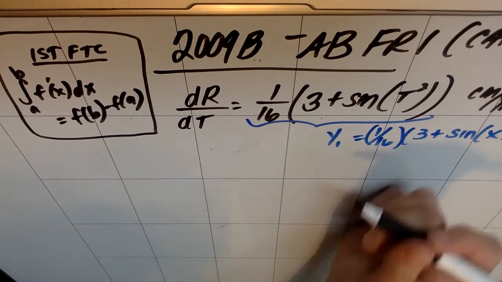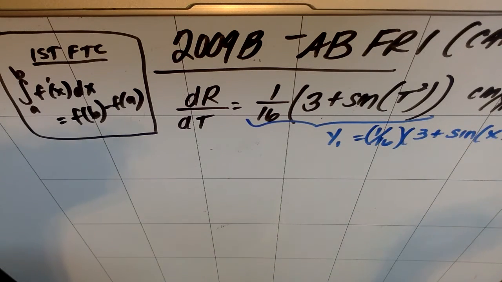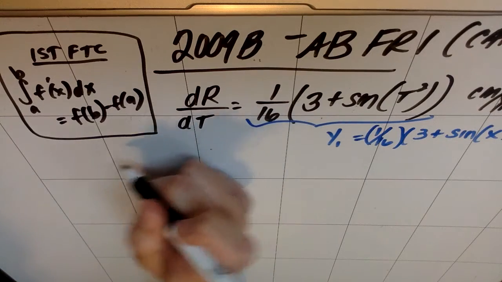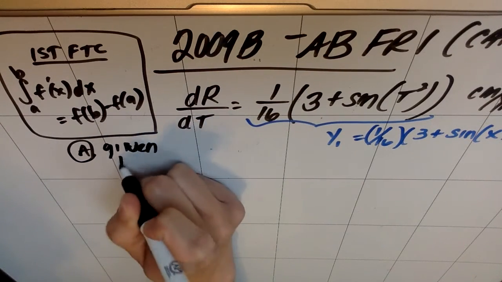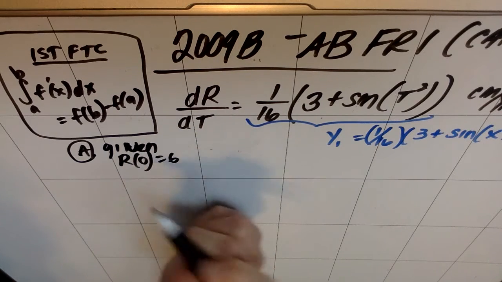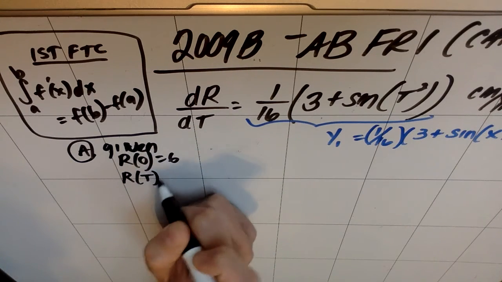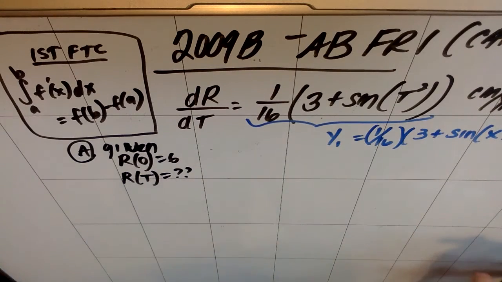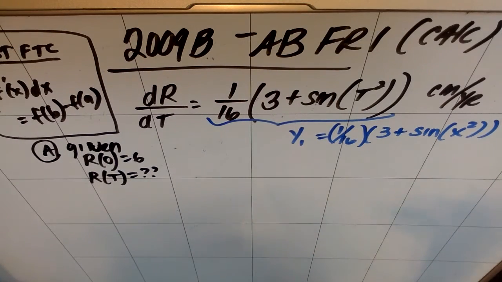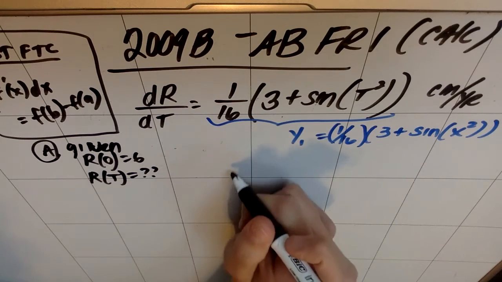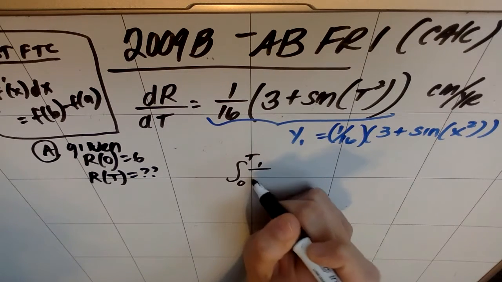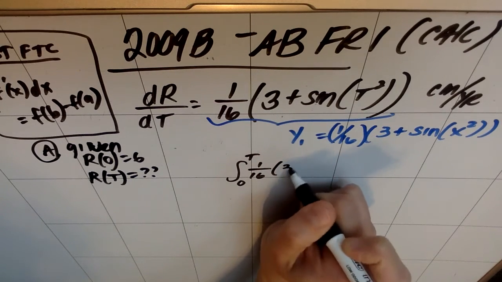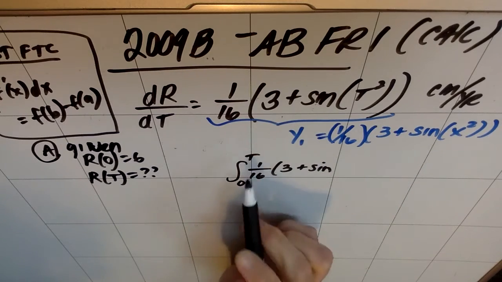So here we are given the radius at 0, which is 6. So we are given, in this part A, that r of 0 is 6, and they want us to find r of t, right? So this is one of those tricky questions where you're going to have to use a variable as one of the bounds of integration. So if I were to integrate from 0 to t of this dr/dt, this 1/16 times 3 plus